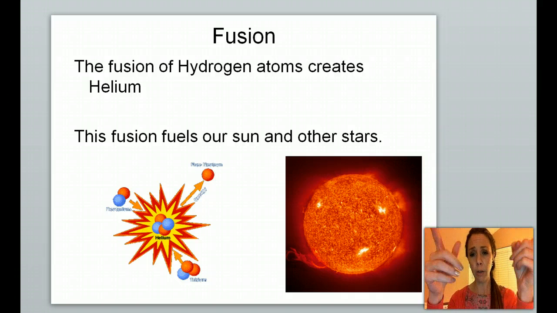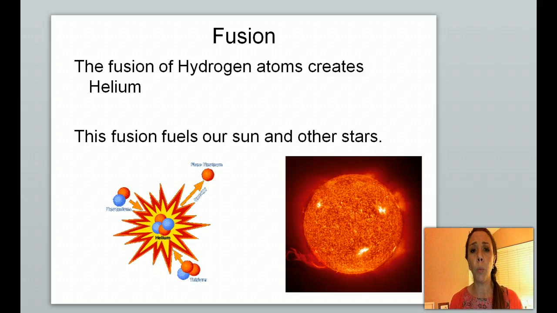Okay, now that energy comes in a couple of different forms, but light is emitted from our sun. Light is an energy. There are other things like heat, infrared, and all these other waves that we're not able to see. Right, so we'll talk about the EM spectrum and that the only thing visible to us is our visible light.